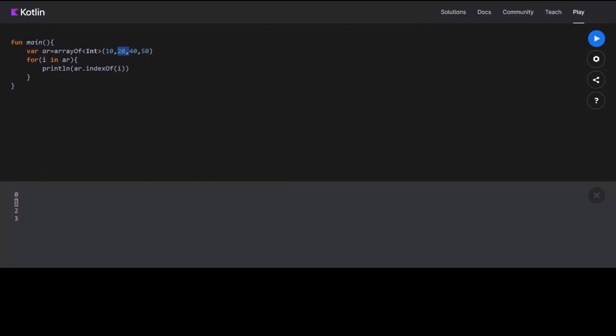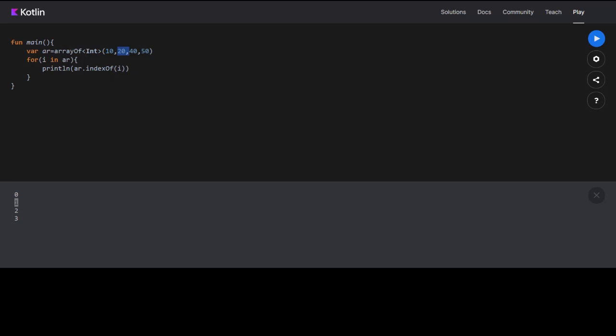For notes, I have a note file for this entire course, so I will share it with you with all the code, if you want it for later. So I don't think you need any other notes. And if you want to learn more, I already shared the link for the Kotlin documentation. You can check the documentation, everything is written there, so you can search that also.